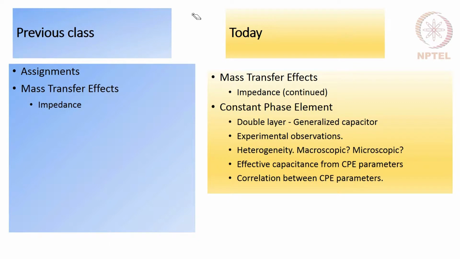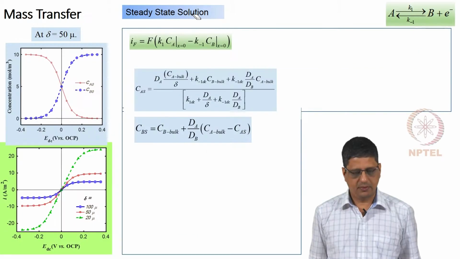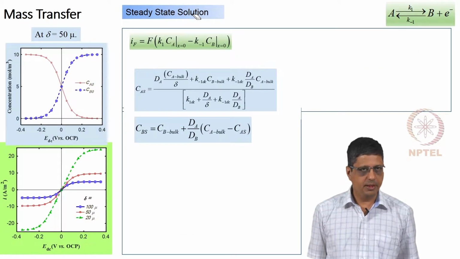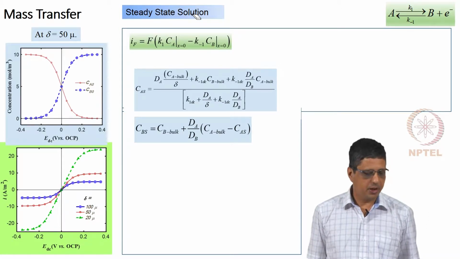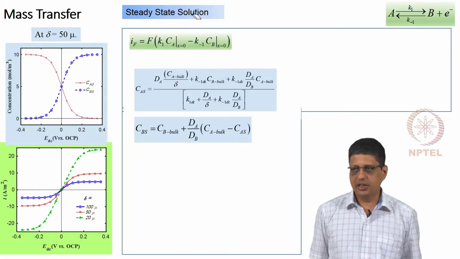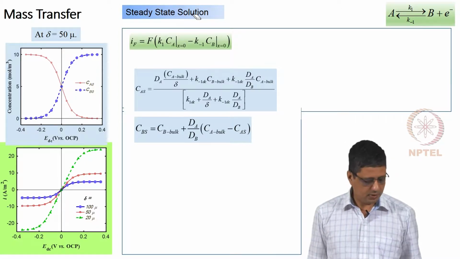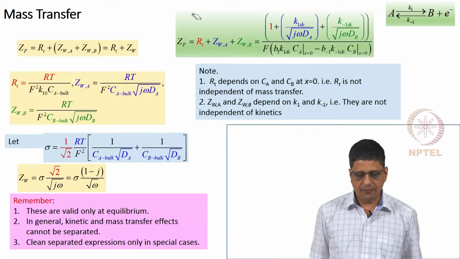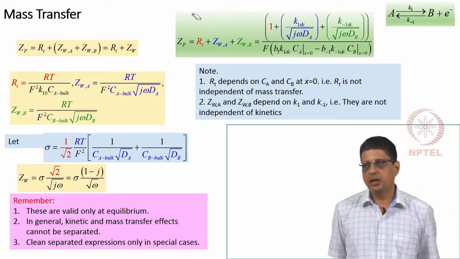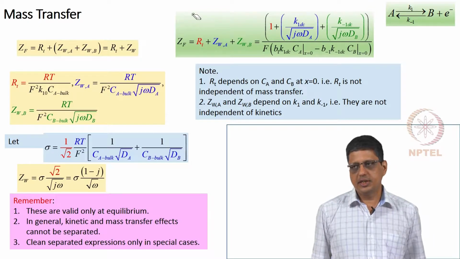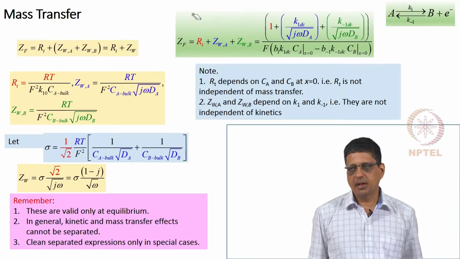equation for impedance. We have seen it for impedance under what is called semi-infinite boundary conditions. Just to refresh your memory, we have taken Fick's second law equation with the appropriate boundary conditions. We had derived the equation for steady state current values at different rotational speed and as a function of DC potential. We have also derived the equation for impedance assuming that the boundary condition is at delta equal to infinity, that semi-infinite boundary condition.